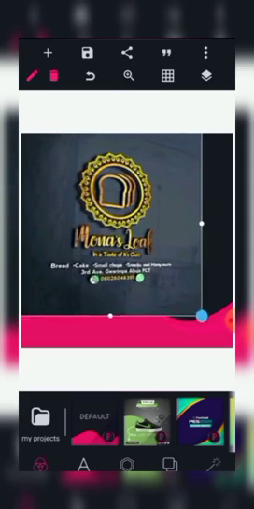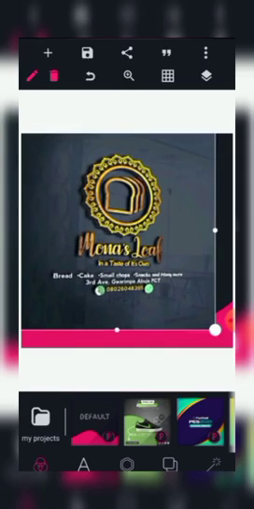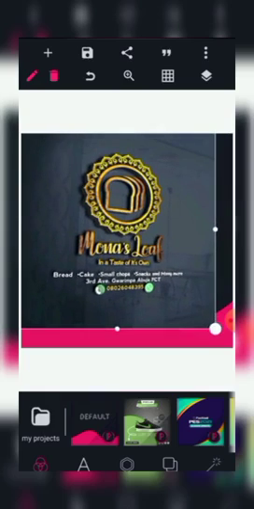So when you look at it, you see this is Mona's Loaf in a taste of its own. They are into bread, cake, small chops, snacks, and many more. Their address is 3rd Avenue, Gwarimpa, Abuja, FCT, and their phone number is displayed. I want you to understand that this is an imaginary business logo. This business does not exist so far, except if somebody wants me to brand their bakery business for them, and